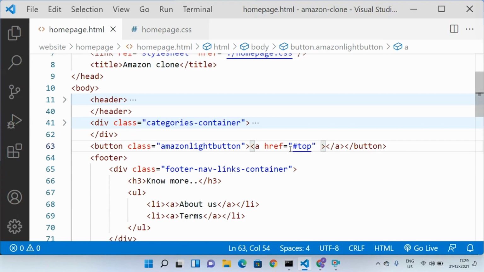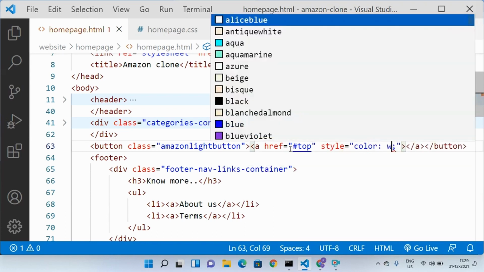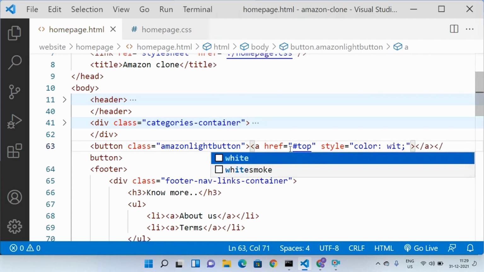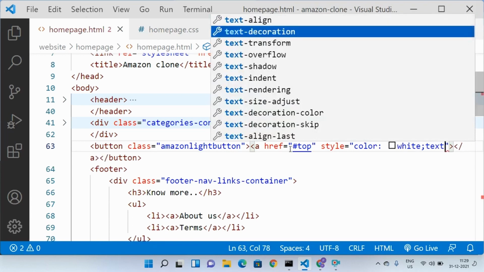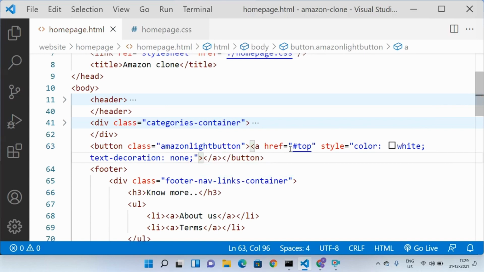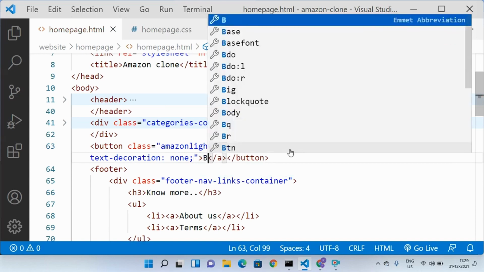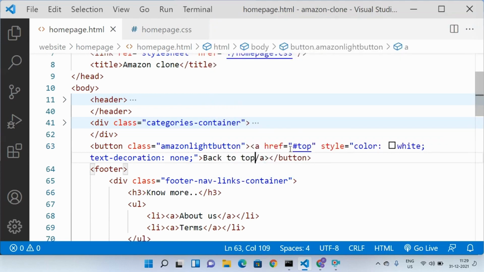For this let us give some inline CSS, otherwise the link will be in blue color, right? By default a tag will be rendered as blue. And let us remove the text decoration. Yes, and inside this let us give it back to top.